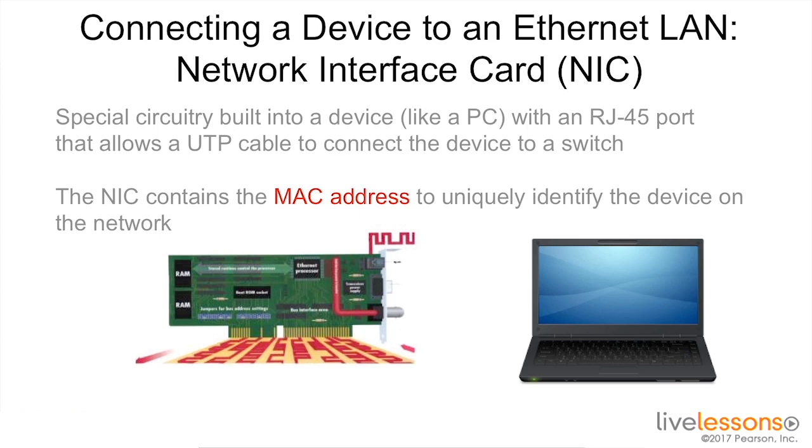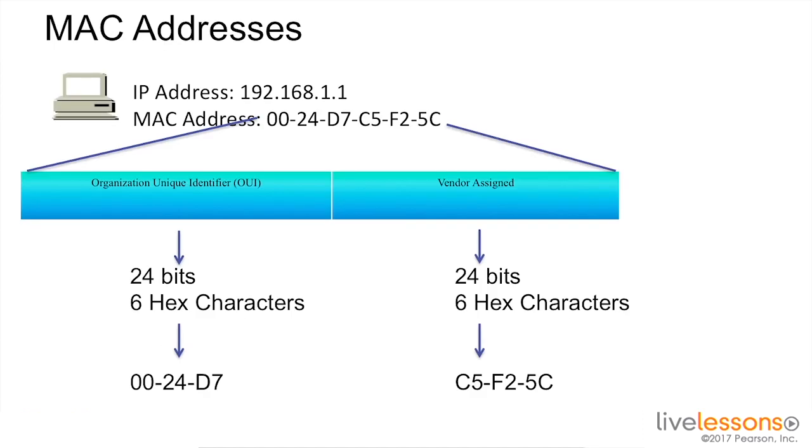This network interface card has special circuitry built into it to not only allow it to connect to the network physically, in this case it's through unshielded twisted pair cabling, which would plug into the wall and in turn plugged into the switch. If we take a deeper look at the MAC address, we will see that it's made up